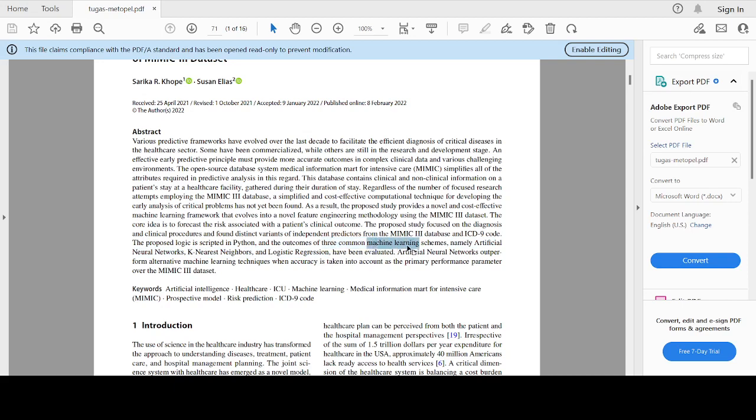Although it said machine learning here, I think artificial neural networks is more into deep learning, but yeah, k-nearest neighbor and logistic regression. Yes, this is the basic machine learning. Logistic regression is the base of the basics that have been evaluated. Artificial neural network outperform alternative machine learning technique when accuracy is taken into account as the primary performance parameter over the MIMIC dataset. Okay, so